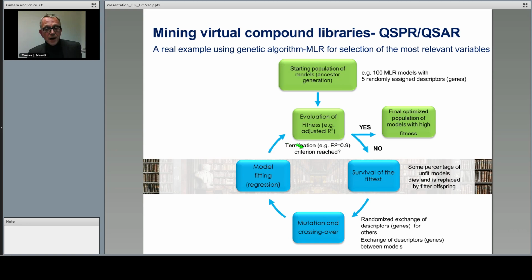And at each step we ask, is a particular predefined termination criterion reached? That would be, for instance, adjusted R-square equals 0.9, or 0.85 or whatever. Is it reached? If not, then we continue. If it has been reached, yes, we have the final optimized population of models, all models with a high degree